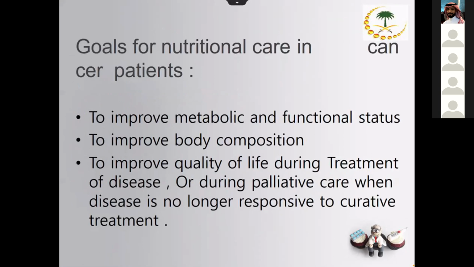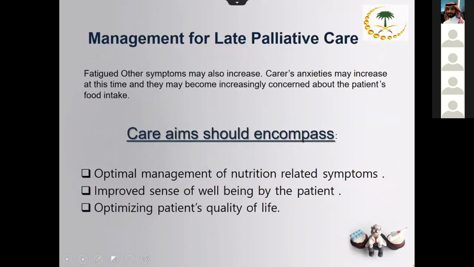Because our goals in the early stage are to improve metabolic and functional status, to improve body composition, and to improve the quality of life during treatment of disease, or during palliative care when disease is no longer responsive to curative treatment. But for management in late palliative care,